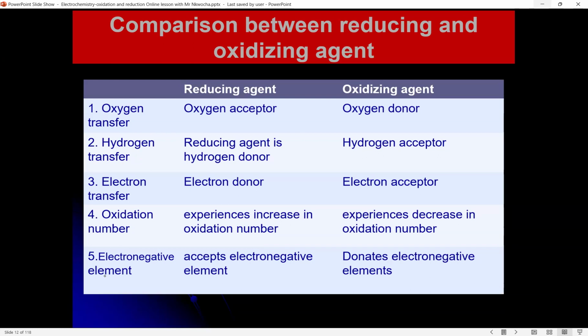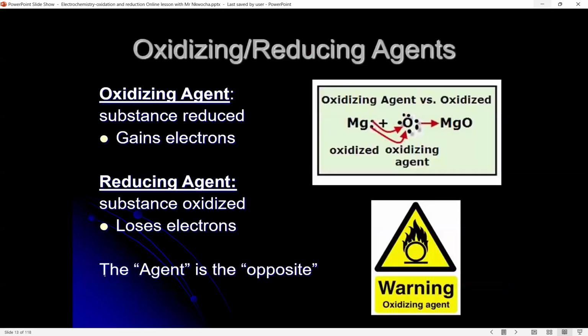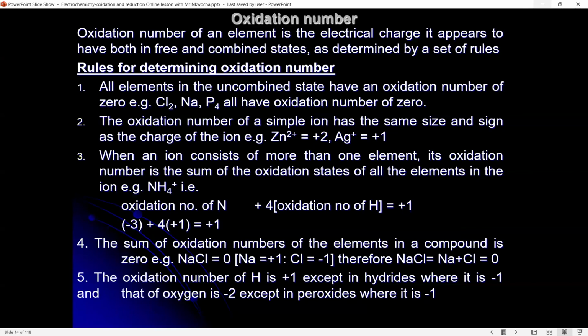I'll show you how to answer those questions. They could also ask you to show whether each of the following reactions is oxidizing or reducing, and how you would know. That's what I'm going to explain next. I don't want to stress you too much. This is how you determine the oxidation state, because that's the easiest way to